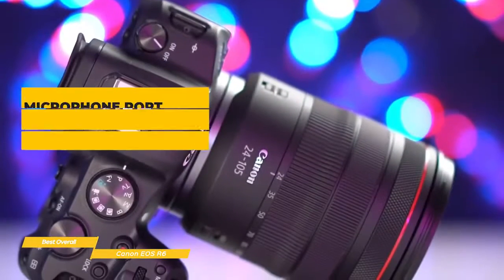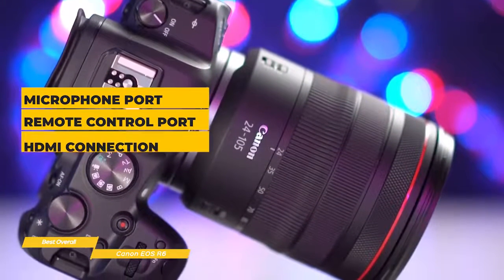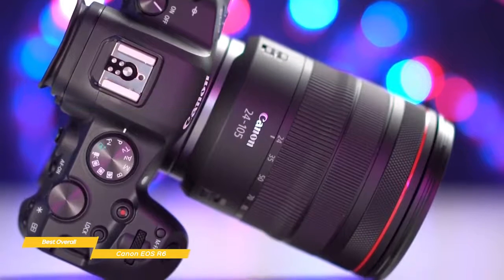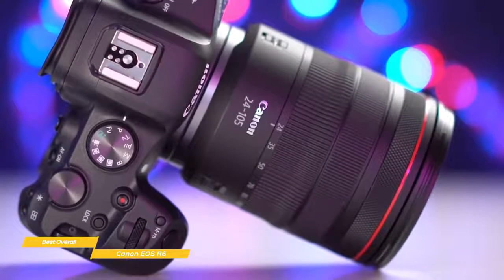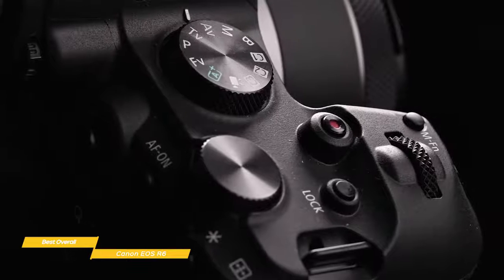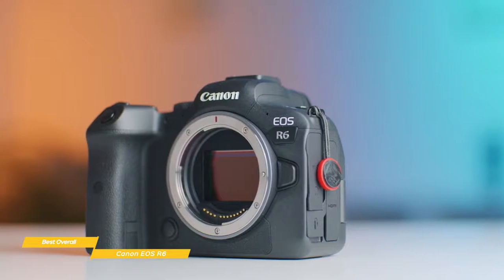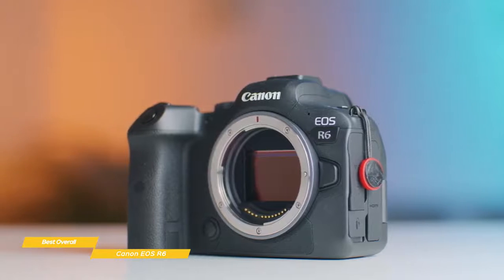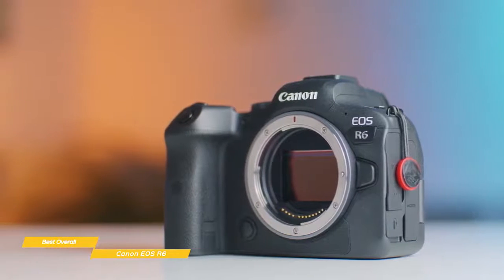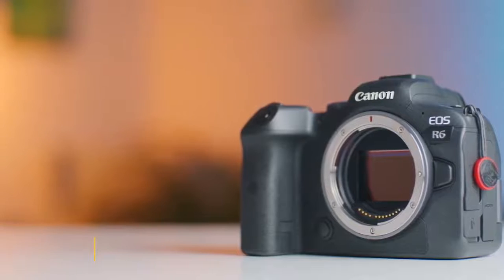The EOS R6 has a microphone port, headphone jack, remote control port, USB 3 port, and an HDMI connection. All the things that any photographer or videographer would need from a connectivity point of view. It will give you about 380 shots when using the EVF and 510 when using the LCD screen. The Canon EOS R6 is a top-notch full-frame mirrorless camera that should satisfy most people. It has excellent in-body stabilization, accurate autofocus and subject tracking modes, and a versatile touchscreen that suits both photographers and